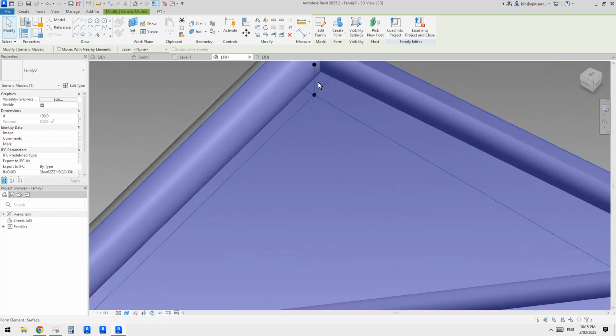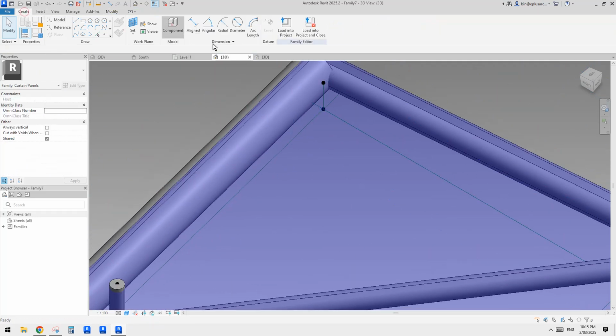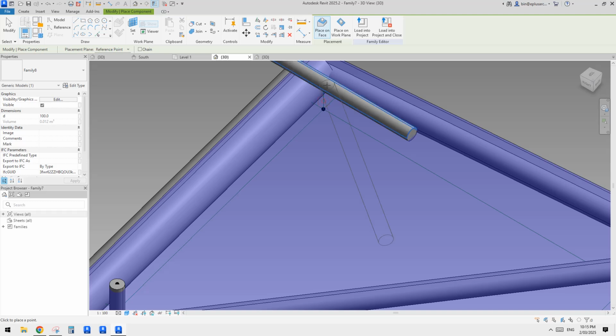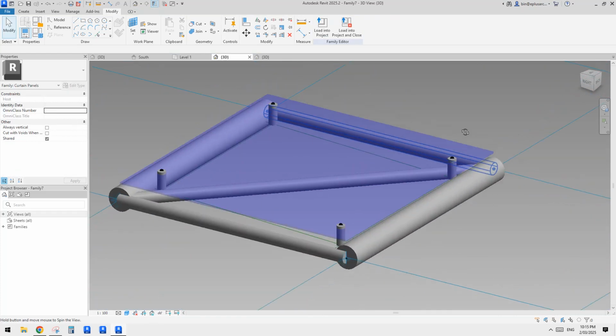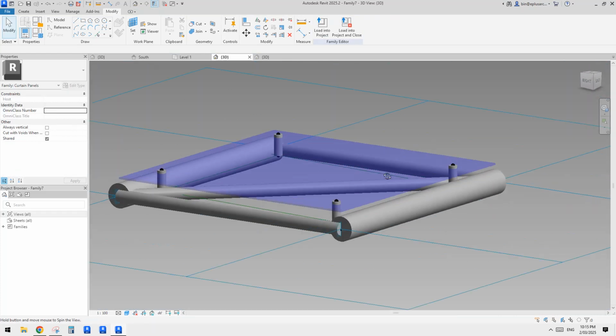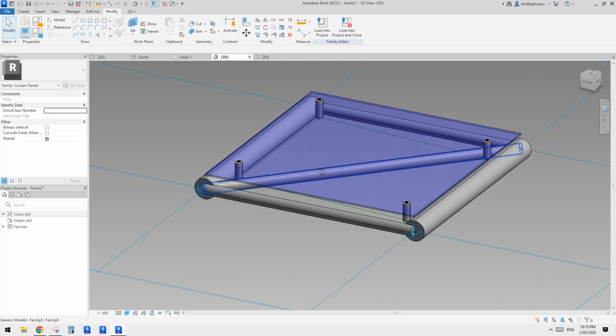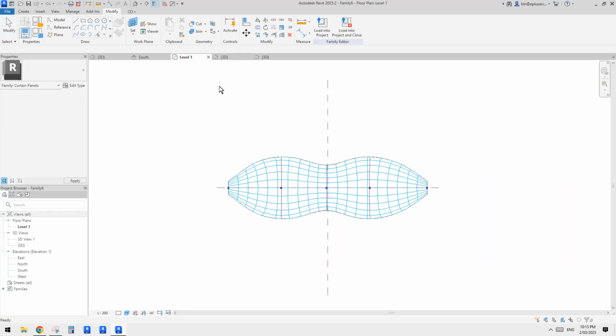So we don't want too much detail. But if you want to make it detailed, probably I won't suggest that, because it will take a long time to generate the final